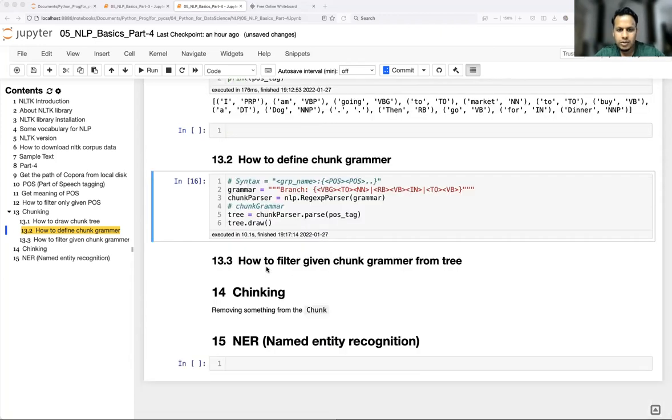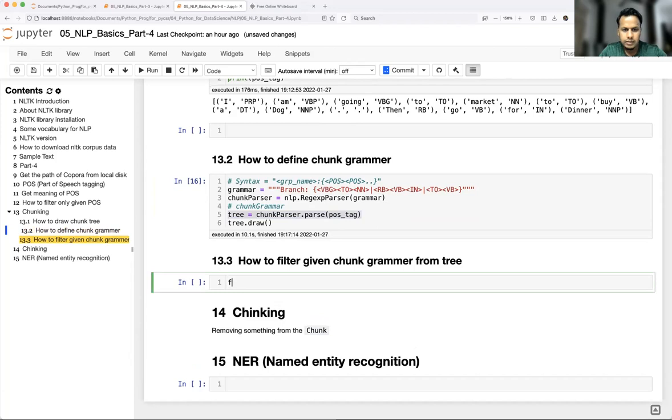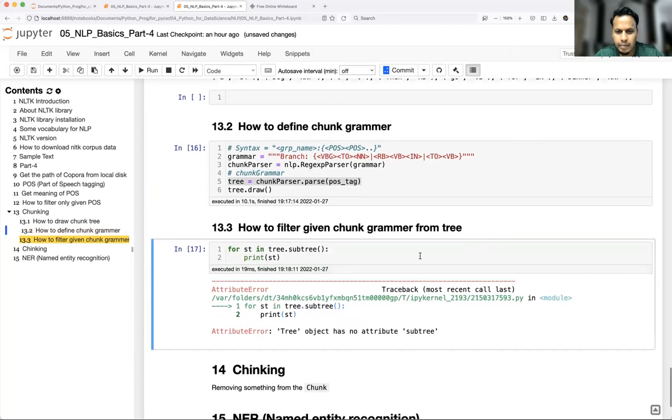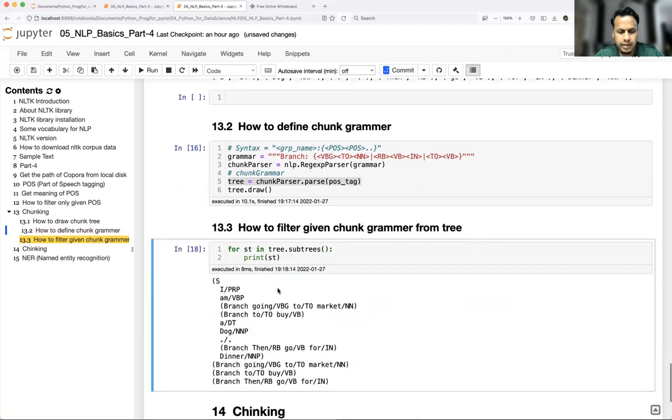Now let's talk about how to filter a given chunk grammar from the tree. The moment the tree is created, from the tree we have another function called subtrees. In the diagram, you saw we have so many subtrees. Let's see what it does. Subtrees. Yeah, so you see,